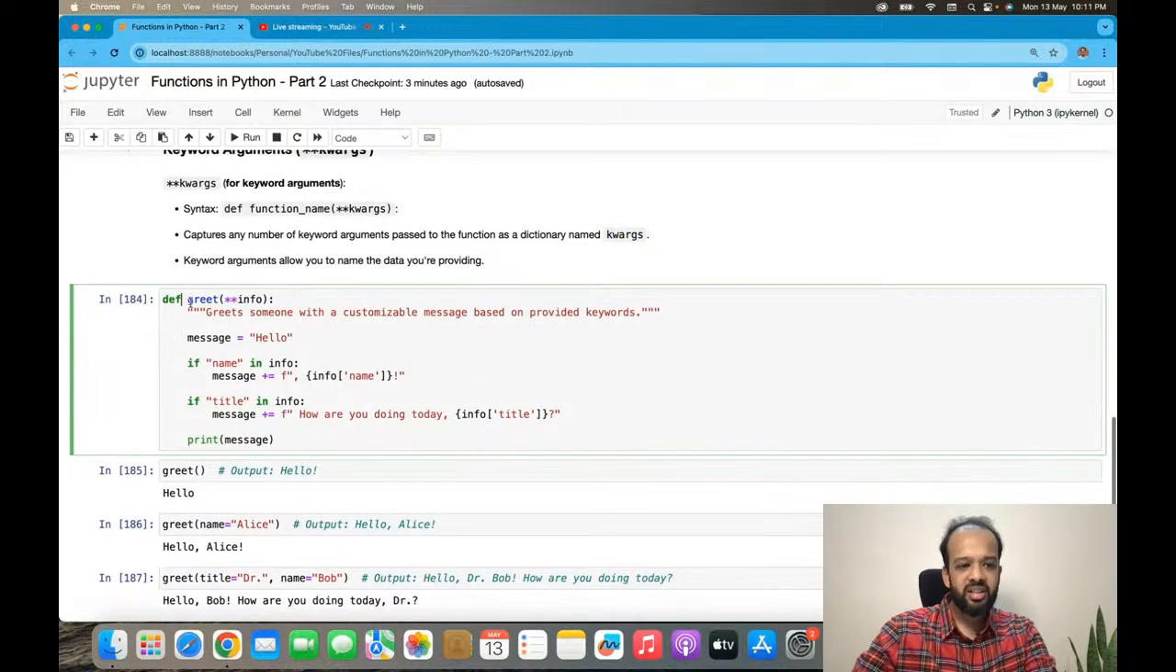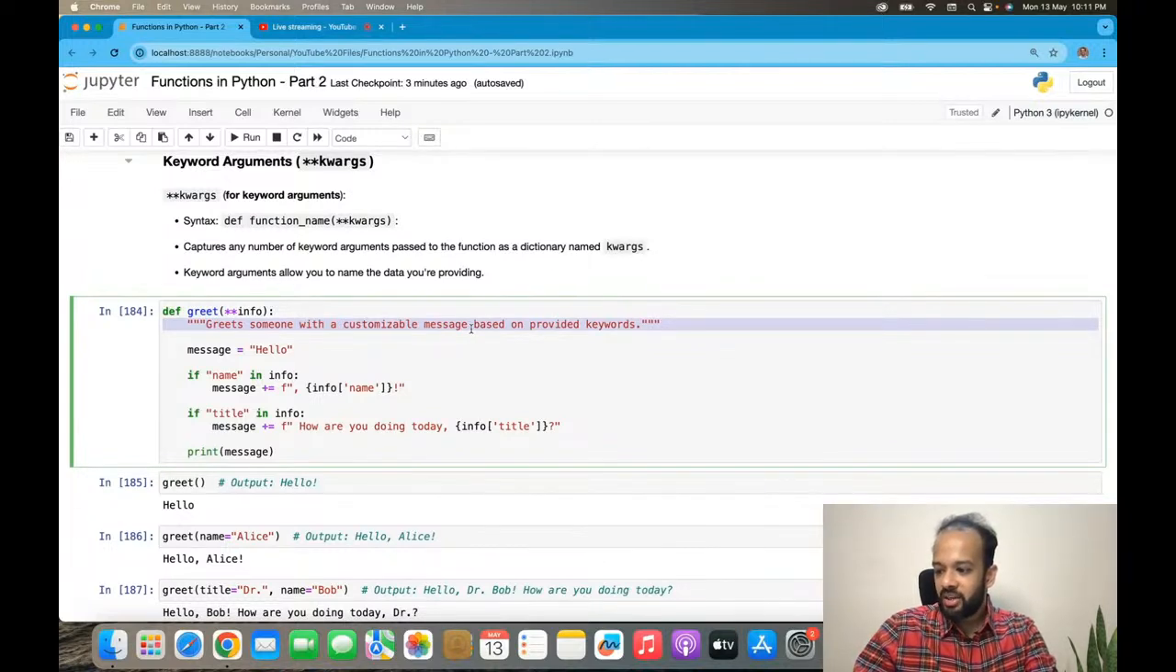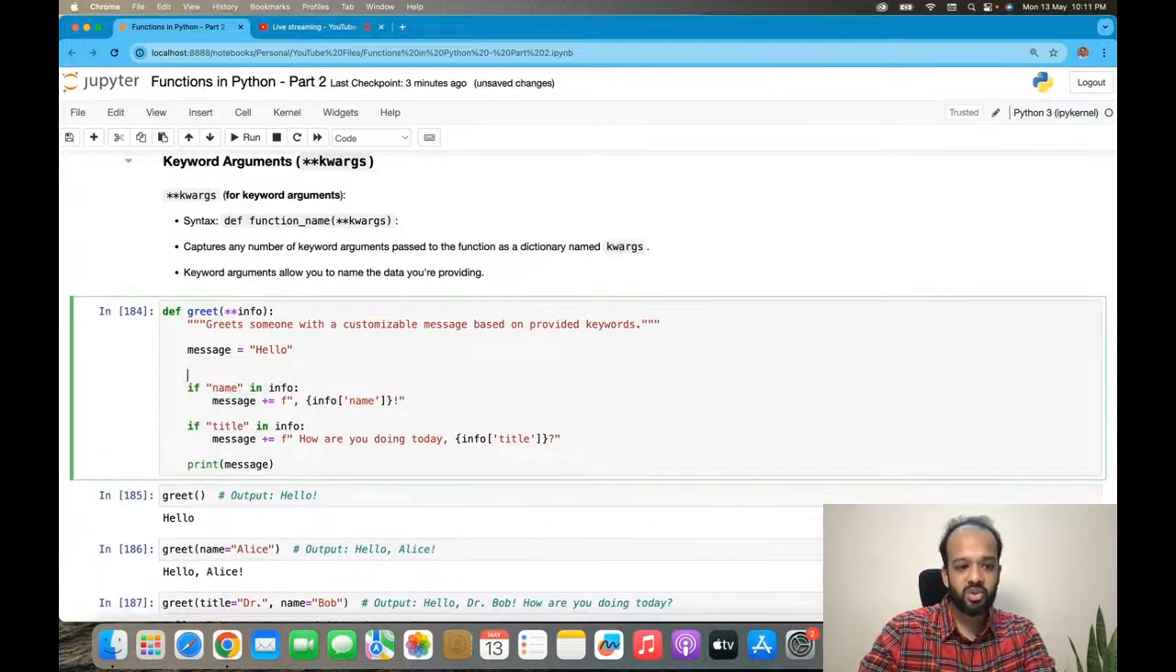I'm defining a function, def greet, and I'm passing in this set of keyword arguments, right? Double asterisk info. The purpose of this function is to greet someone with a customizable message based on provided keywords. So the message variable is defined as hello. And then I'm saying if name in info, what is this doing? This is checking if the info dictionary has a key named name,